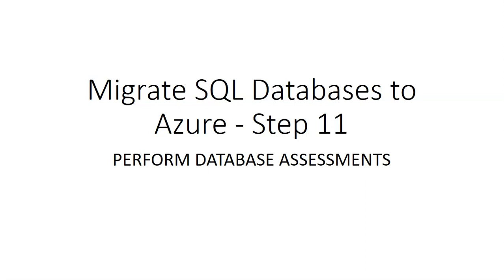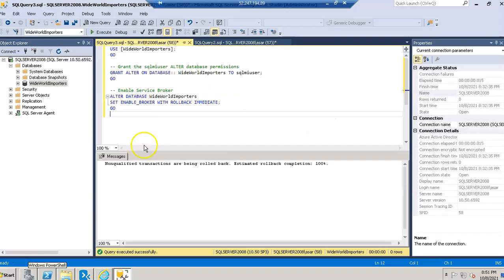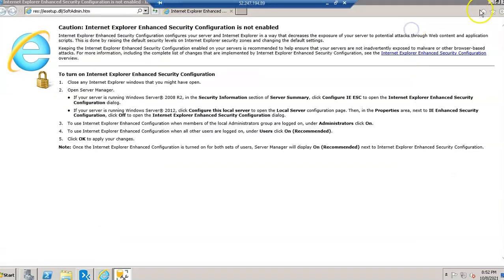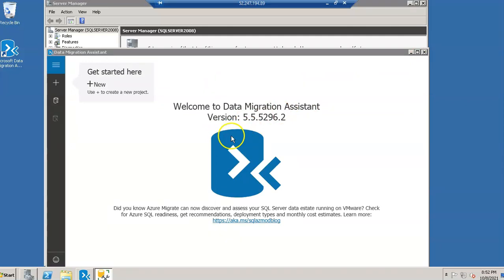I'll connect to that database. Okay, let me log on to that database. Yes, I am connected to that database. After that, I launched my Database Migration Assistant tool.